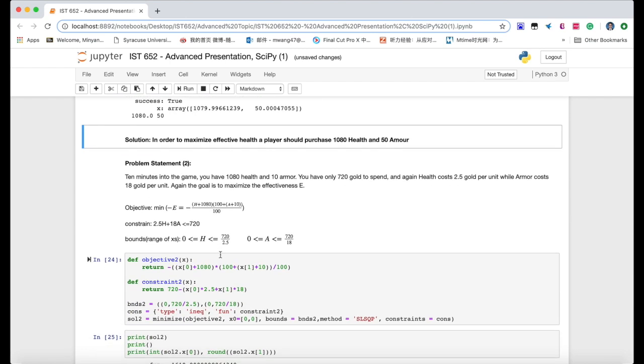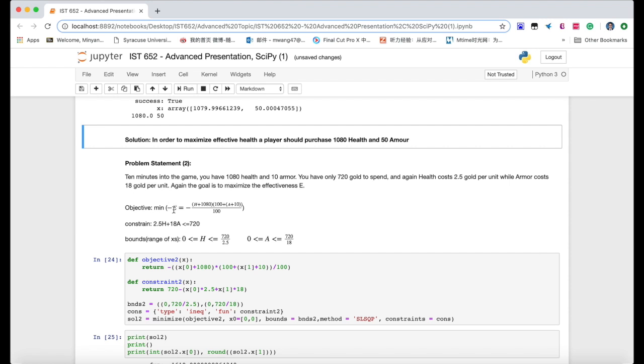Now let's come to the second problem. 10 minutes later in the game, we have 1080 health and 10 armor. Now we only have 720 gold to spend, and the price of health and armor doesn't change. Again, we want to maximize the effective health. The objective is still the same, that we want to minimize the negative